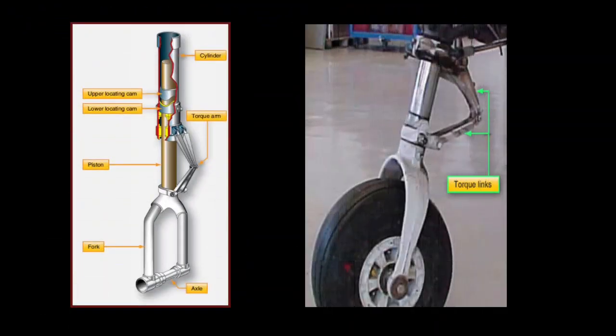As you can see in this picture, you can see here the torque arm or torque link. So this is to keep the piston and wheel aligned. One end of the link is attached to the fixed upper cylinder and the other end is attached to the lower cylinder piston, so it cannot rotate. The link also retains the piston in the end of the upper cylinder when the strut is extended, such as after takeoff. So these are all about the construction of the oleopneumatic type shock absorber.